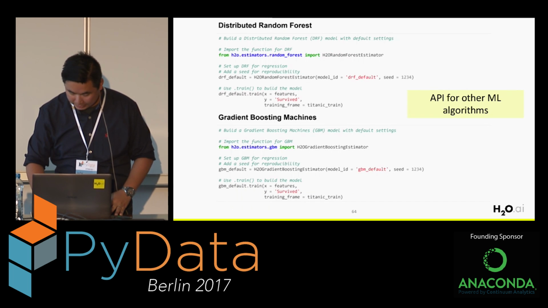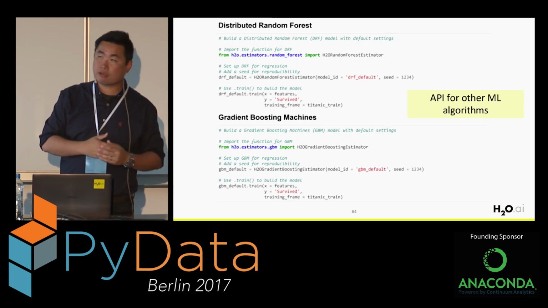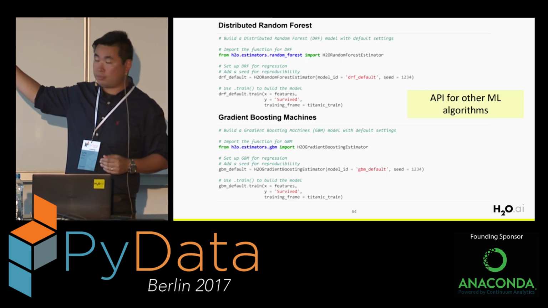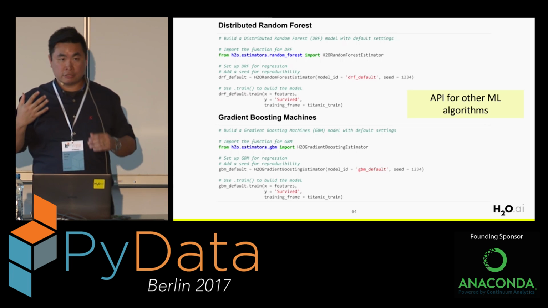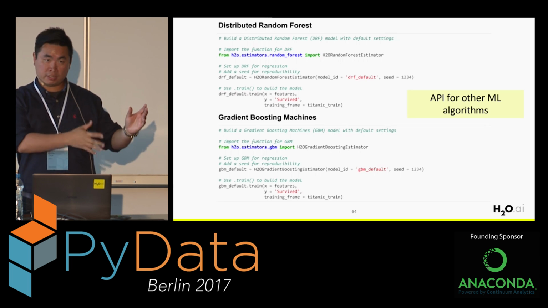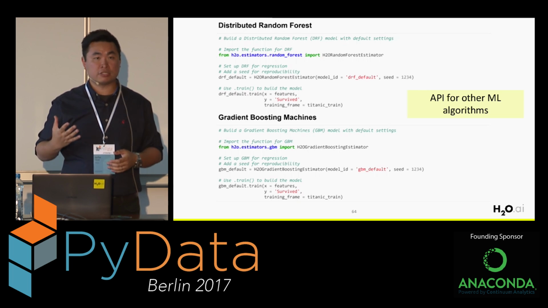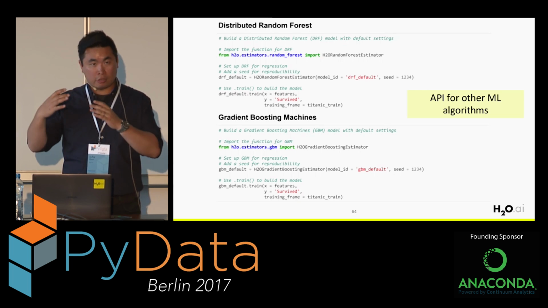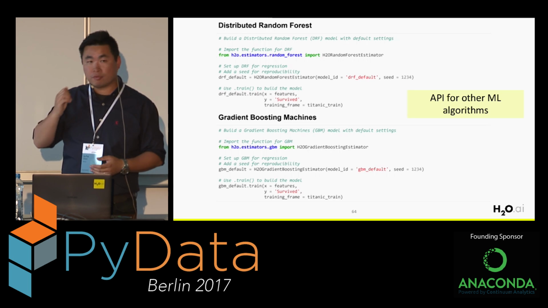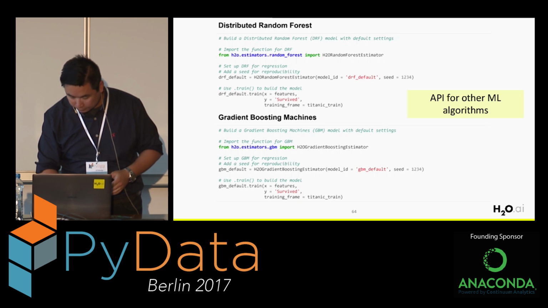Okay. So I just want to quickly show you the same kind of API for different algorithms. Again, we start with random forest on the top and GBM on the bottom. What you need to do again is to import the function, set it up, and point to x, y, x the features, y the target, and the data frame. It's always the same. But of course, this is the basic usage of H2O. There are a lot more arguments that I can use in those algorithms to make it better, which I will show you in the next session, the advanced usage of H2O.